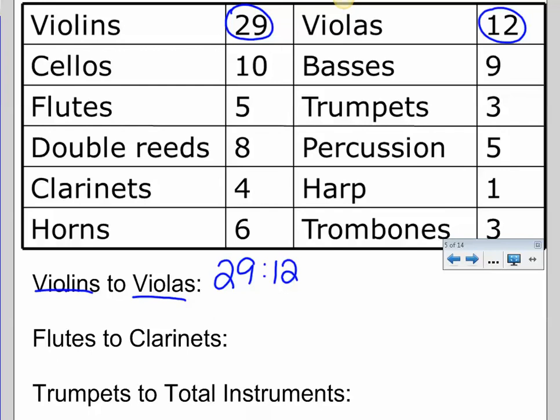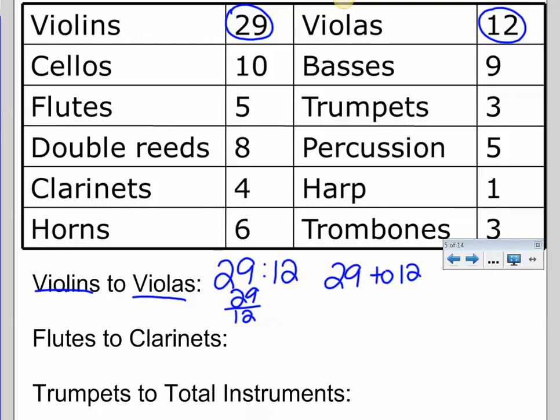Now, let's write this 2 other ways. I could also write this as 29 to 12, or the most popular way is to write 29 as the numerator on top and 12 as the denominator on the bottom. Those all mean the same thing. So that's how I'd write a ratio showing the relationship between the number of violin players to the number of